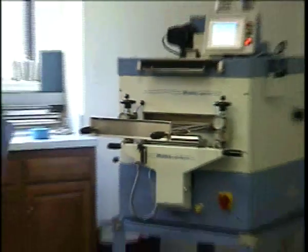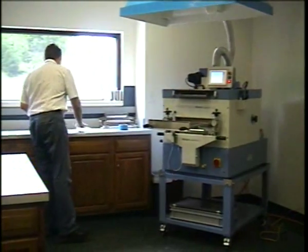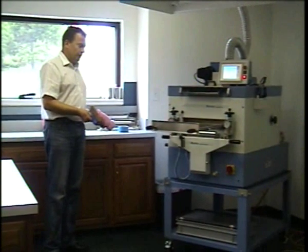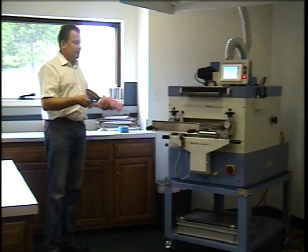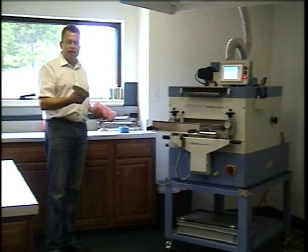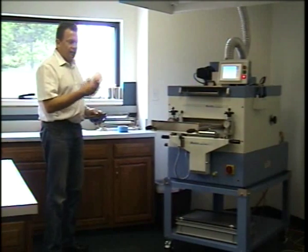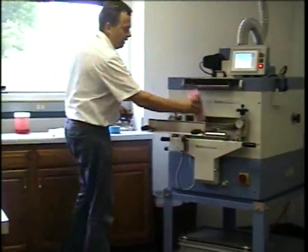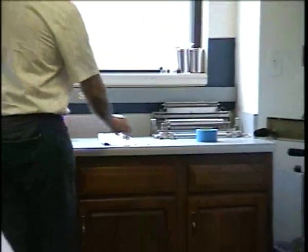So I have a sample here that we're going to be pinning, and we have two options to pin a brush that will actually be supplied with the machine. Now, the brush works perfectly fine for pretty much all the fabrics, except if the fabric is like a very loose knit fabric, then sometimes the bristle will pull the fabric back off the pins. If that is the case, what you can use is like this is a towel, wrapped up towel, and you can use that to pin down the fabric, and the brush will be like this. So with our fabric here today, I will be using the brush,